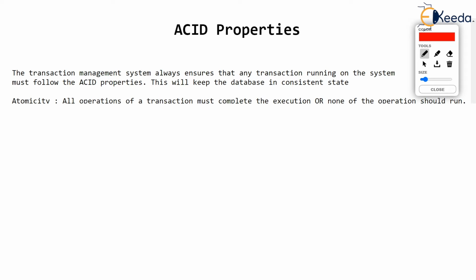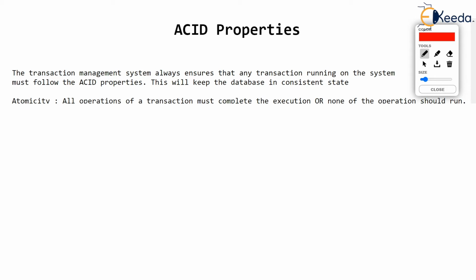Now the third property is very interesting. The third property is the isolation property. Now you know that in a DBMS, many transactions like T1, T2, T3 up to Tn may run concurrently, such that a few statements of T1 run, then maybe T2 takes over, a few statements run, and so on. So this interleaving of the operations between the transactions is what we call a concurrent schedule.